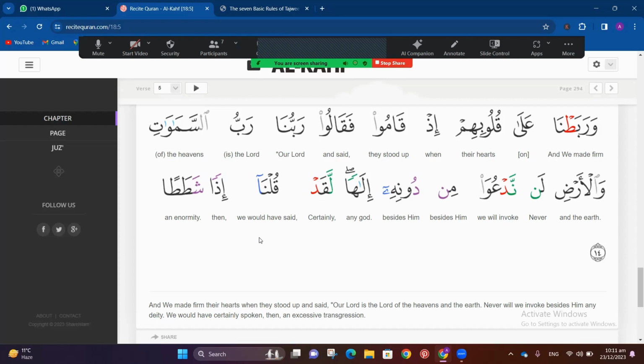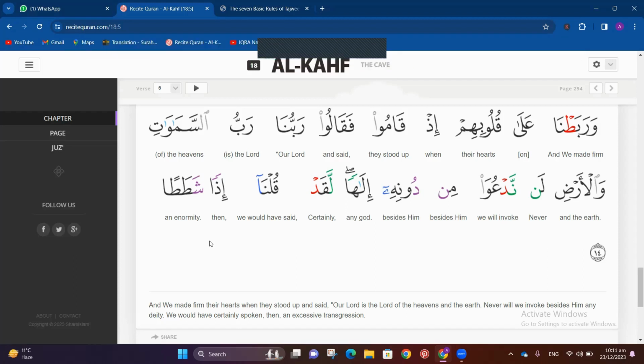Then in إذا شططا, there is again a rule of noon sakin and noon tanween. You're not going to worry. Again, I'm repeating because the PDF is provided in the WhatsApp group. You can check after the class as well. إذا شططا. This is a rule of noon sakin or tanween, that whenever any letter from 17 letters, of which sha is one, comes after noon sakin or tanween, then we are going to hide the voice of n in idhan. Idhan ends in n sound, so we are going to hide that n sound.